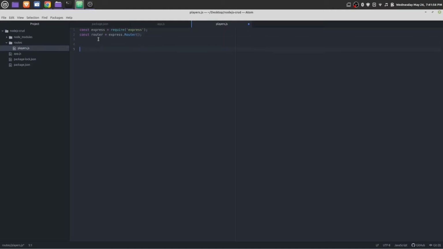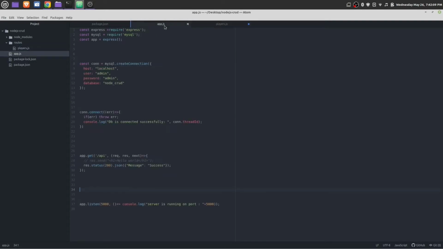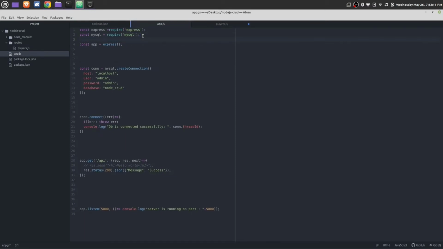Okay, module.exports = router. We need to export it and import this router inside app.js. const